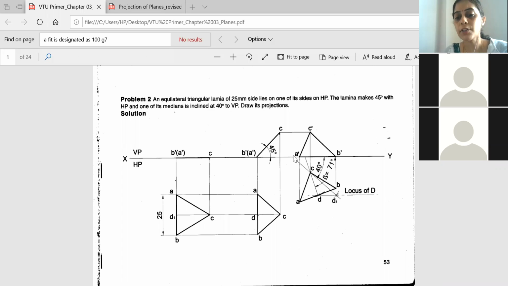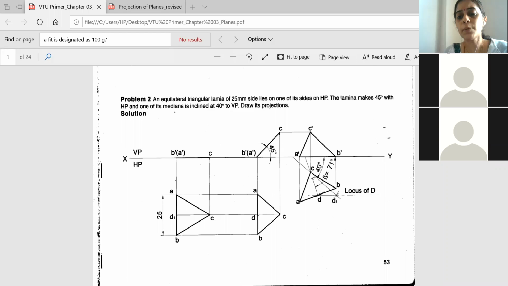For that, you have to construct 40 degrees, measure the true dimension from the first stage, draw the locus, and from the same point you will measure the dimension of the median in the apparent, and then you will cut an arc, and from there you will take a perpendicular, from there you will draw a horizontal line, and then you will measure this distance and join. After getting this, you have to take the projection above as we usually do.